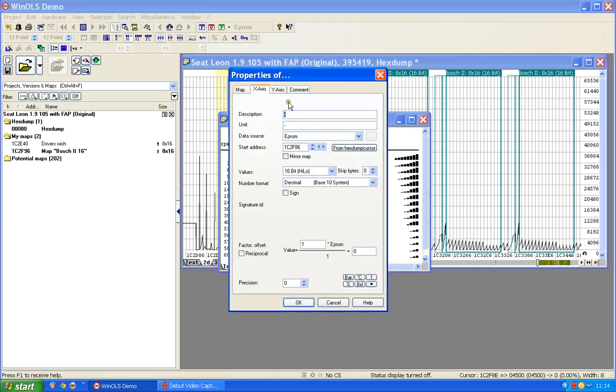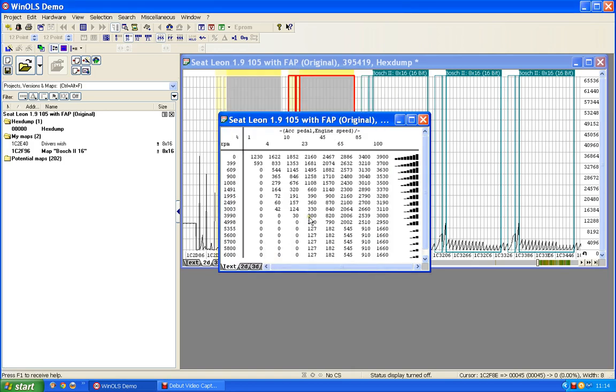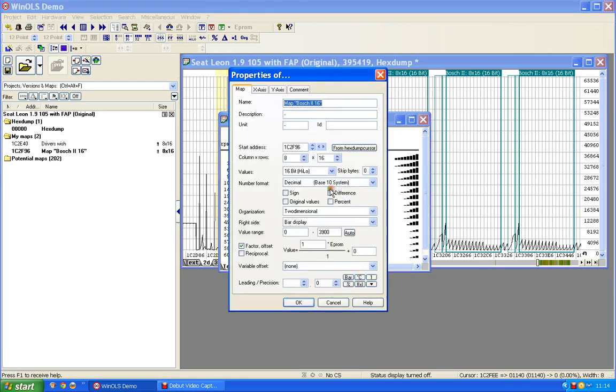And then this one on here we decided that we would call accelerator pedal. The unit was percentage, and this would need to be 0.01, and that gives us that. And then this one we want to be our torque output. So if we double click on the middle of there,